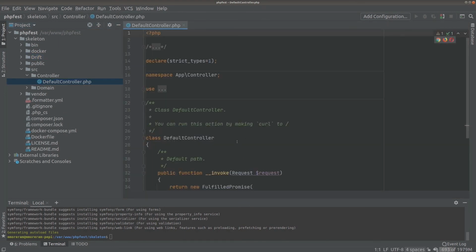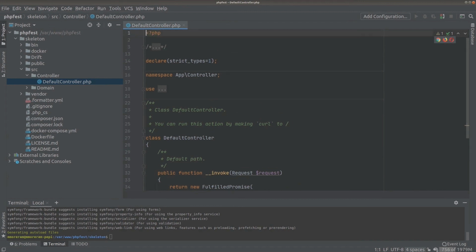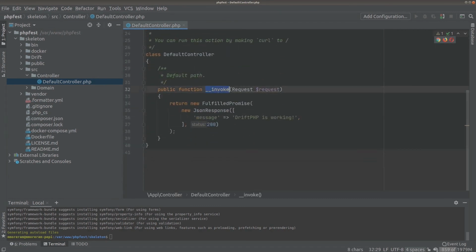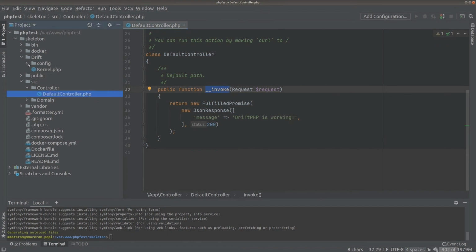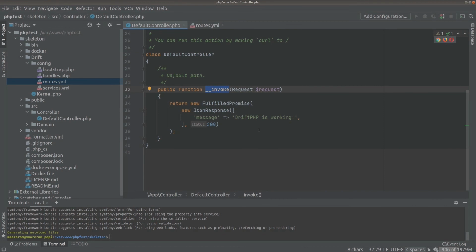In that case, we will have a default controller. Inside the default controller, we have an invoke. This is why I can use invoke, because I'm going to use one method, one route per controller. So if you go to Drift routes, you will find that when I define my controller, I only have to define the namespace without any kind of method. And inside my invoke method, I am accepting a request as an entry parameter,